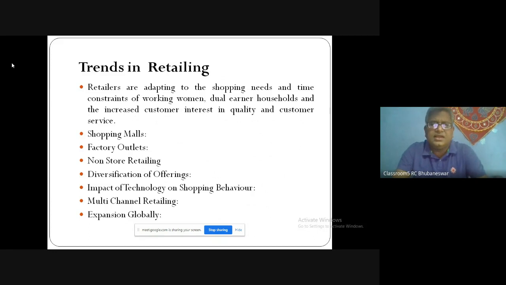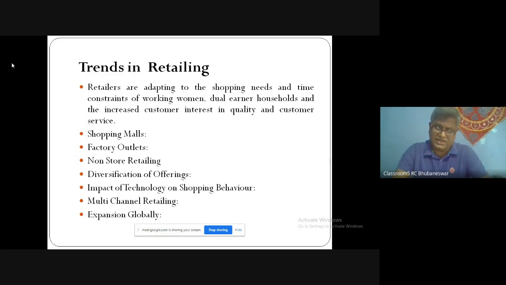You look at in the retailing section, you see there are shopping malls, factory outlets. What is a factory outlet? If some defective products are there, the manufacturer of a particular company can sell them at a price 50% below the particular product, and that can be sold at a particular place, that is a factory outlet. Some lightly defective products can be sold in the factory outlets, and sometimes when new products have to come up, the old products can be sold with a huge amount of discount they are offering also